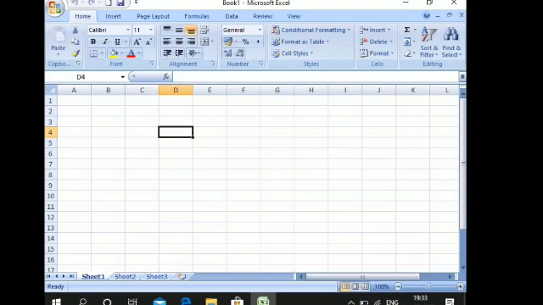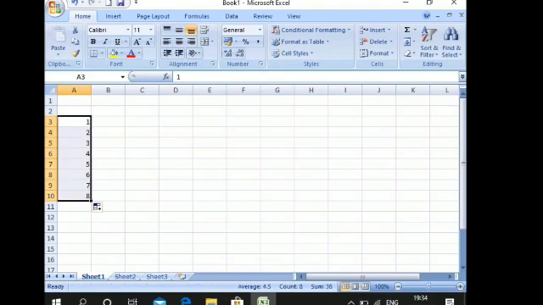Now let us see how to make a worksheet on Excel. Suppose here I am writing 1 and then here 2. Then what is autofill? If we write two numbers, then we have to select both of them, using shift and down arrow key. Now you have to keep your mouse pointer at this dot at the corner, and drag your mouse downwards. You can see all the numbers are automatically coming.